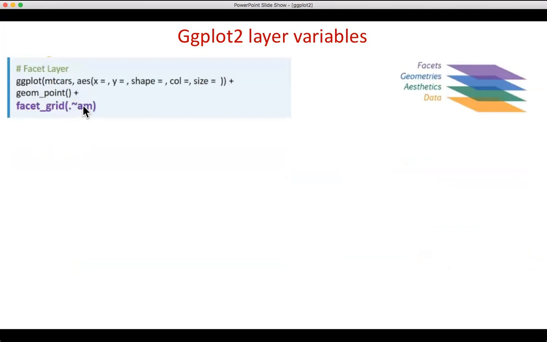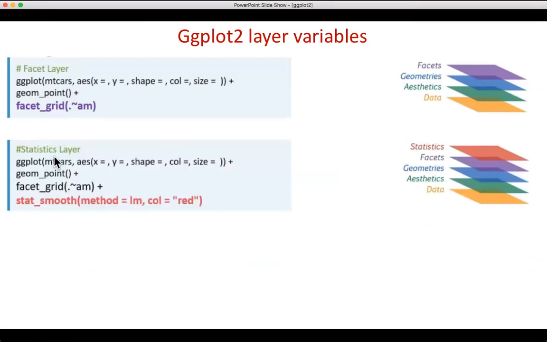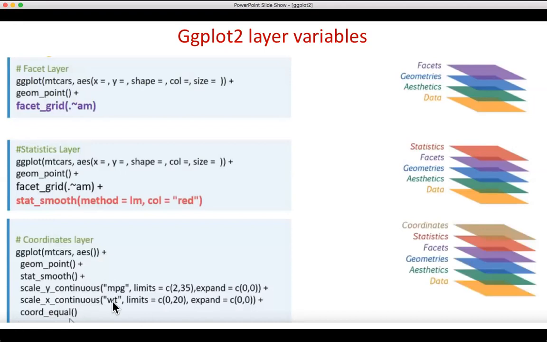So we are trying to plot, or basically trying to get the graph split based on certain parameters. Again, let's go to that part and it'll make more sense. Here we're trying to apply some statistical methods, and then some scaling of coordinates, like you want to change the axis of the coordinates. So let's say by default, the x-axis goes from 0 to 30,